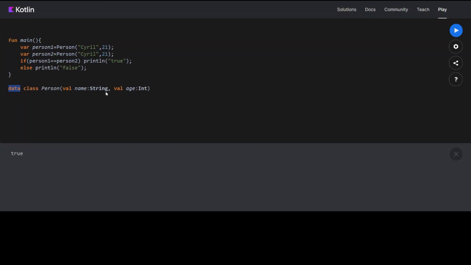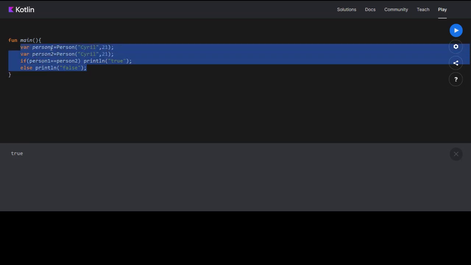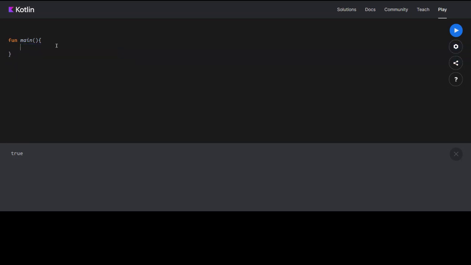Okay, so this was about data class. So there is another important type of class, that is object classes. So object classes are like singleton classes. If we want to create only one object without defining a class, for example an admin, we don't want any other classes, we just want one object of admin that we can use in the program.